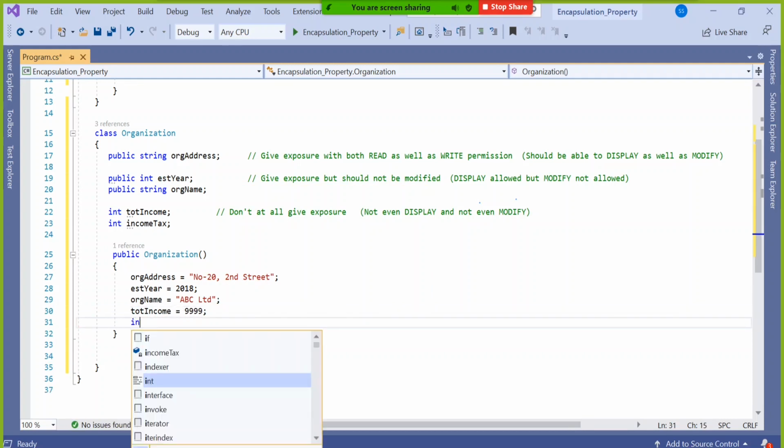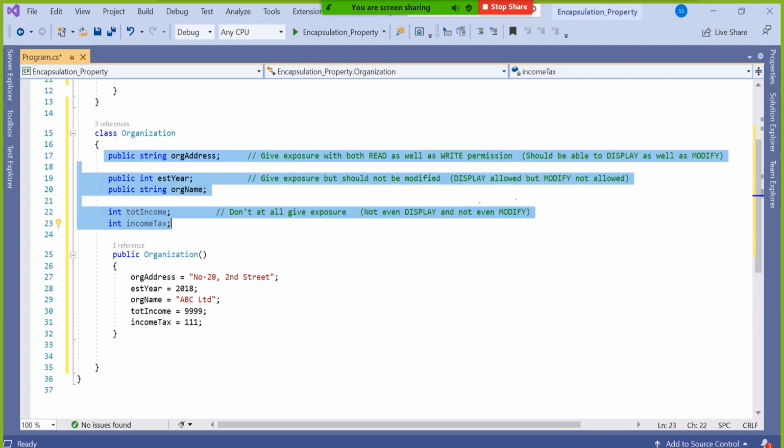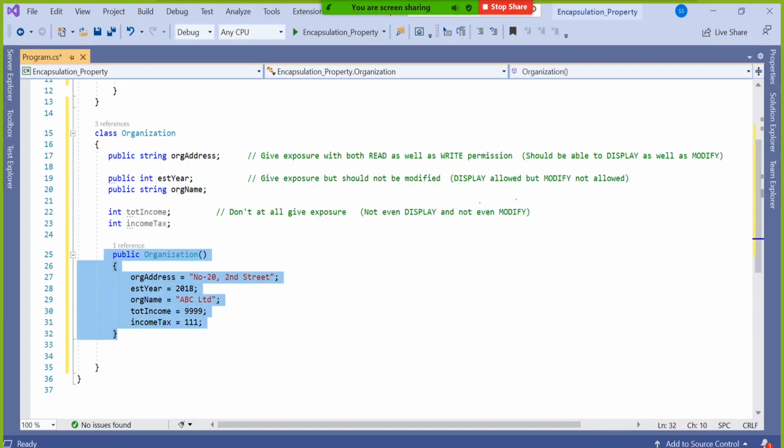Income tax, say simply 111 or simply 11. This is the direct value, because our focus is on variable versus property. I don't want to make much complicacy by using a parameterized constructor and so on. I directly give some default value, and on the default value only I want to work.